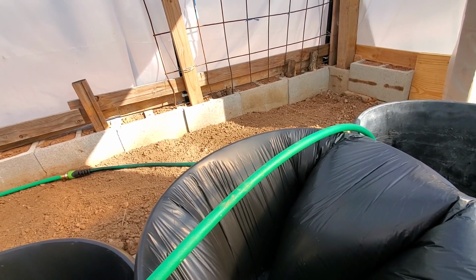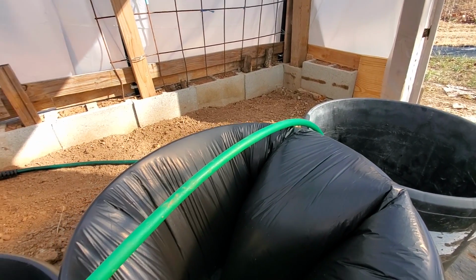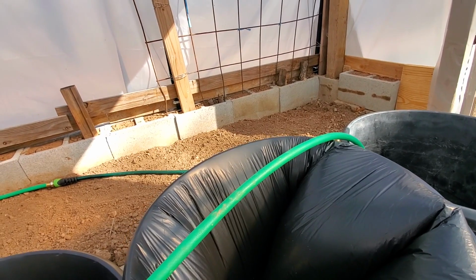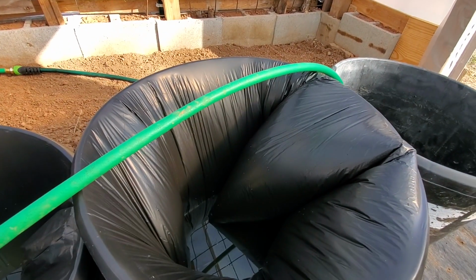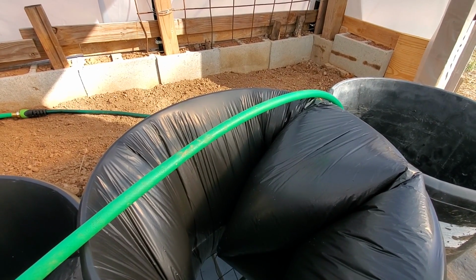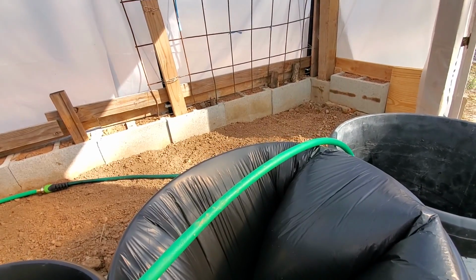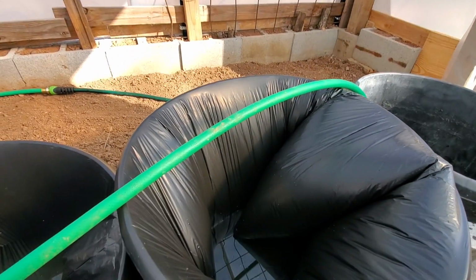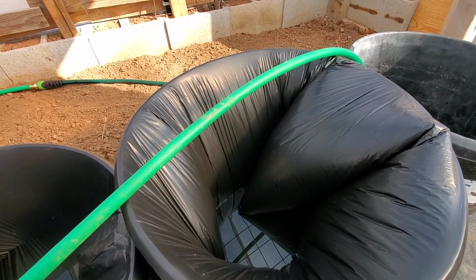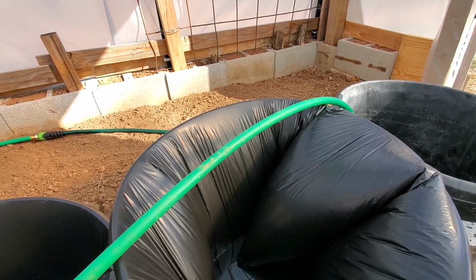Having said that, I don't know. I've not done this before. I figured it was something I would try. Again, we've got the thunderstorm and the ice storm coming up. I'm not ready to plant in these yet, so let me fill them with water and see how that works with this ice storm coming up. If it's freezing rain and all icy, and these guys are in here and they're not frozen, does that make sense? Then they're helping maintain the heat inside the